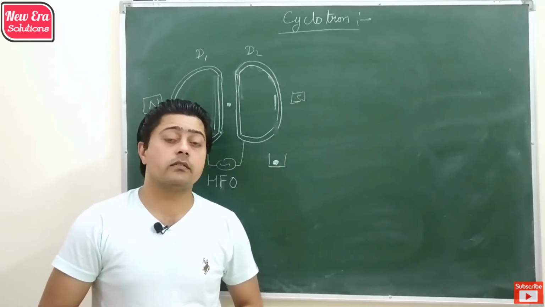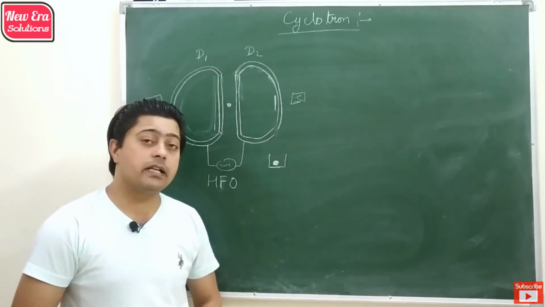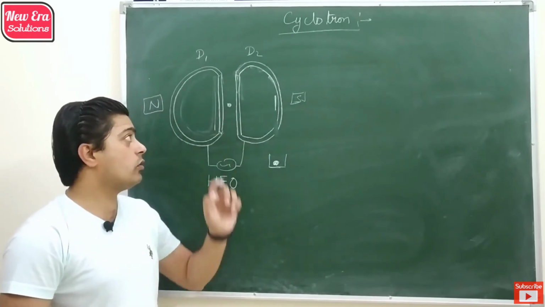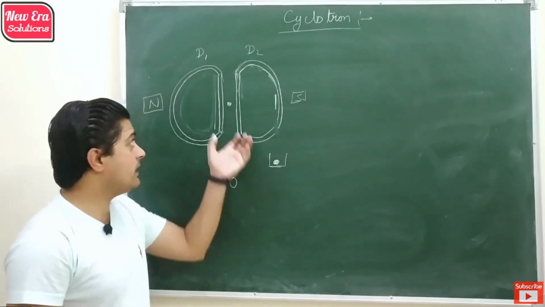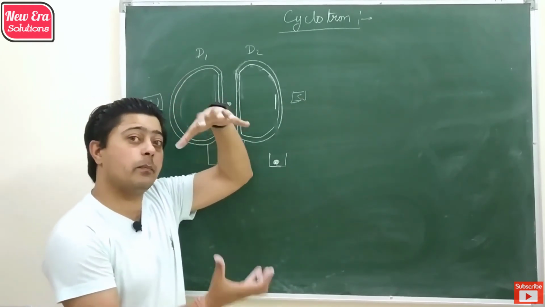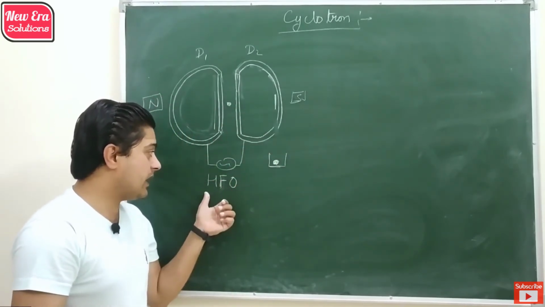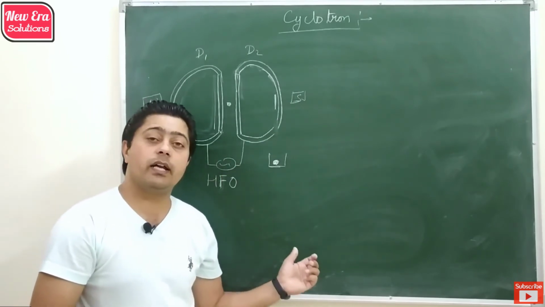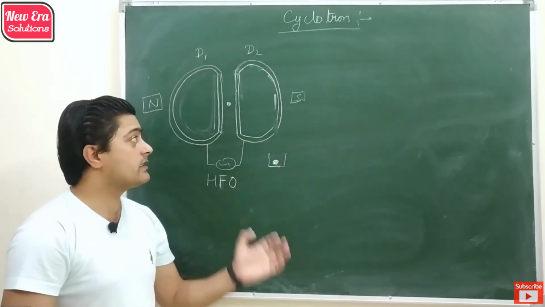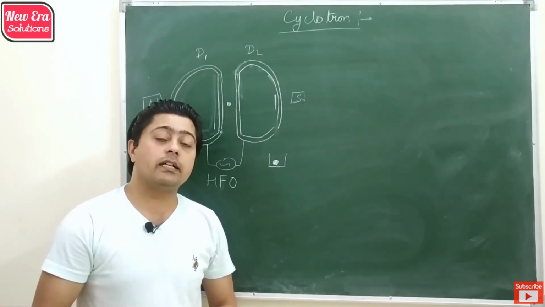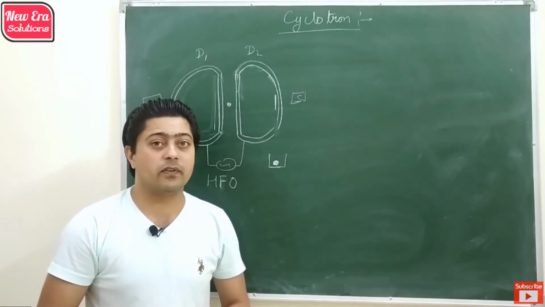If we talk about the construction of the cyclotron, it has two hollow metallic half-cylindrical discs, in between which a source of ions or charge which we want to accelerate is present. Then there is a magnetic field acting perpendicular to these discs, and we connect these two metallic discs with a high frequency oscillator which provides the electric field to accelerate the charge. This whole arrangement is kept in a vacuum so that there are no air ions which can strike the charge and deflect them.